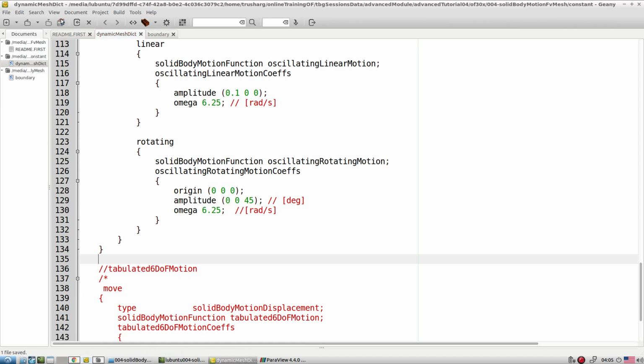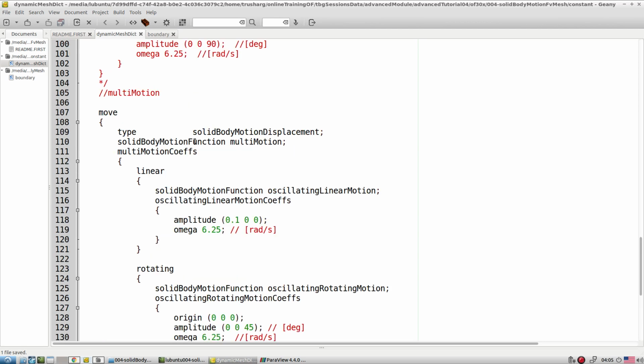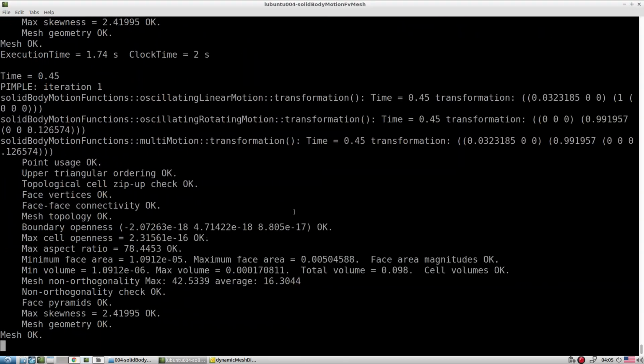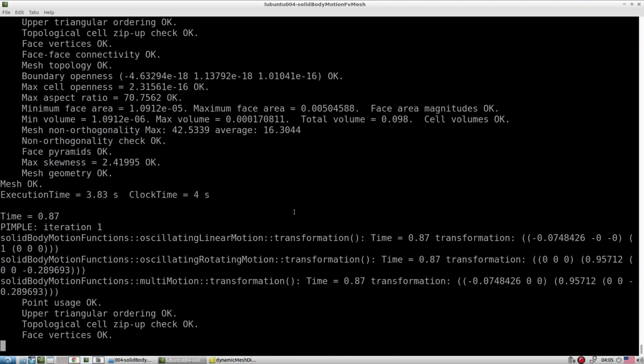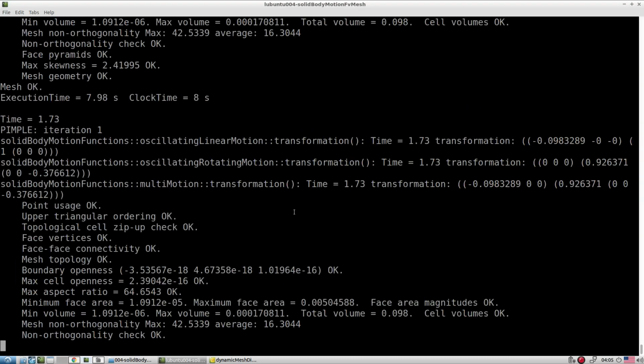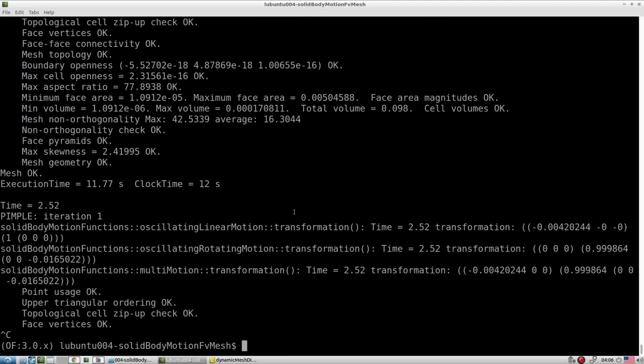Okay, you have multiple motions at a time, solid body. Okay, so one is linear and another is oscillating linear, going here and there, and along with that it is also rotating with the help of this thing. Okay, so it is a wrong motion, but I am going to show you how exactly it can mimic.